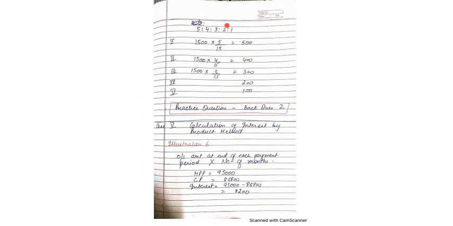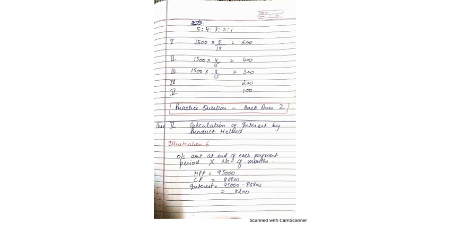So ratio will be 5:4:3:2:1, right? So 1,500 will be apportioned into this ratio. So for first year interest would be 5/15 of 1,500, 500, 1,500 into 4/15, 400 and so on. So this is the amount of interest which is involved in every installment. So I hope you will be able to make table now with the original format, and with the help of table we can make our accounts. So for this question, this method you can solve the back question number 2, right?